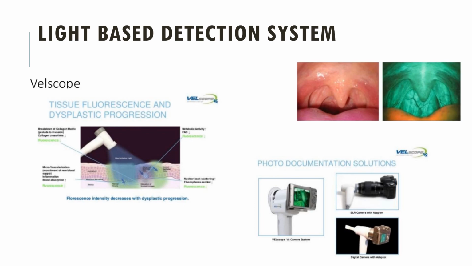It is used for mass community camp screening. It is used as an adjuvant to the clinical examination. Then it is used to delineate the margin of the lesion and to identify the location of the biopsy, to detect a multicentric or second tumor, and to help in the follow-up of the patient. So this is all about how it works for your mass screening procedure. These procedures are used in mass screening and as an adjuvant to your normal biopsy.